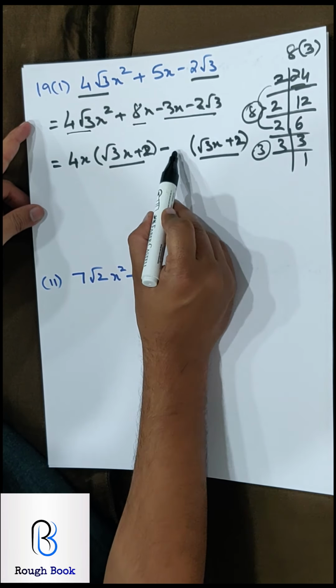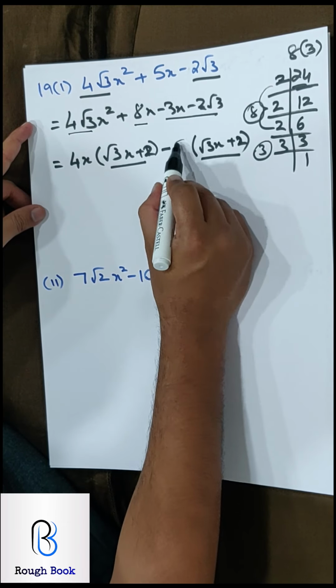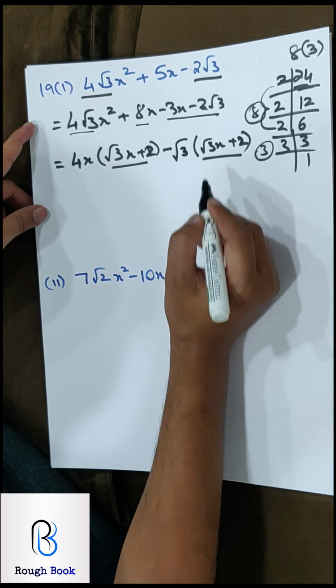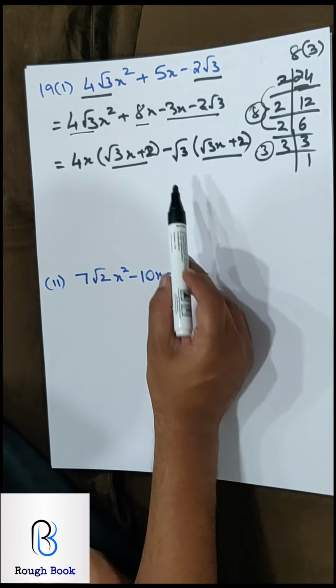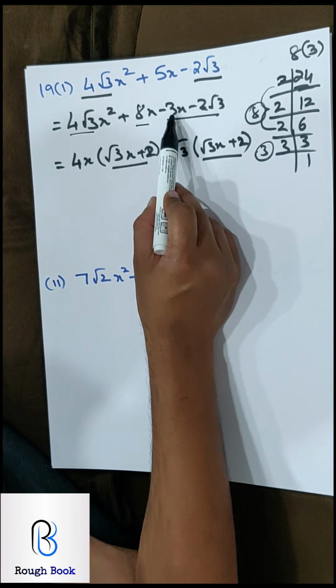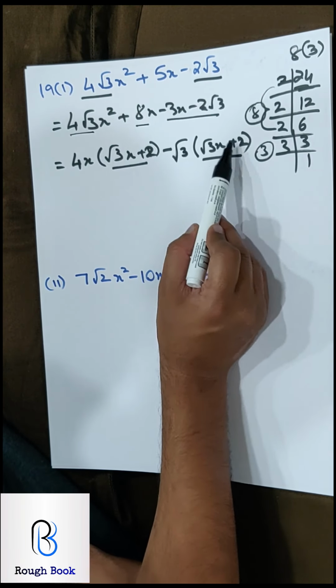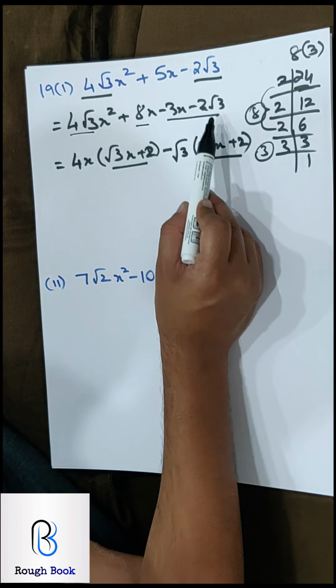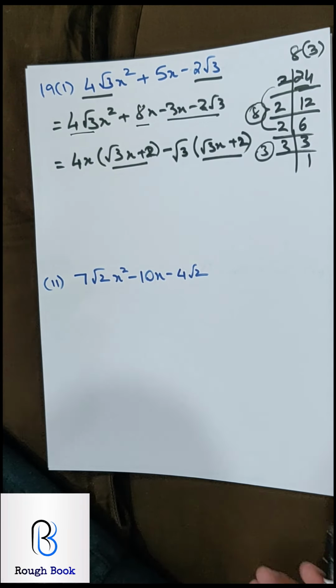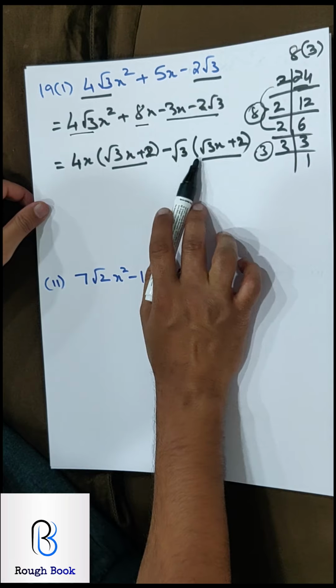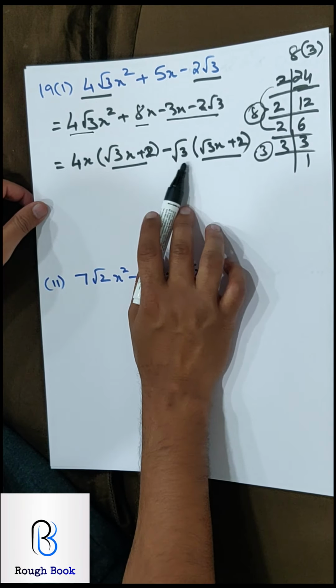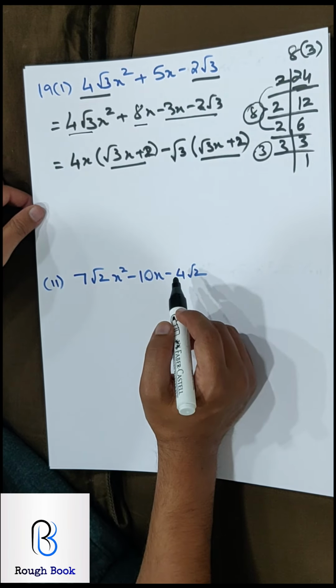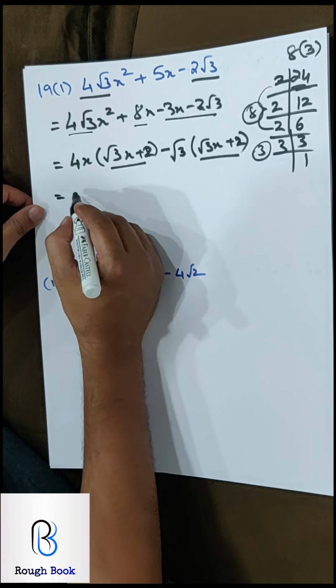That means what should come here? Automatically you will realize that it should be root 3. Now open the bracket and verify. Root 3 becomes 3x plus minus minus 2 root 3. Teacher will not understand. They will think, oh, you are intelligent. You are able to pull out root 3 common and you have sorted the sum. Please don't tell others this cheating.